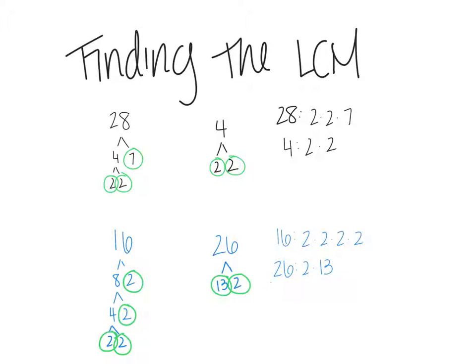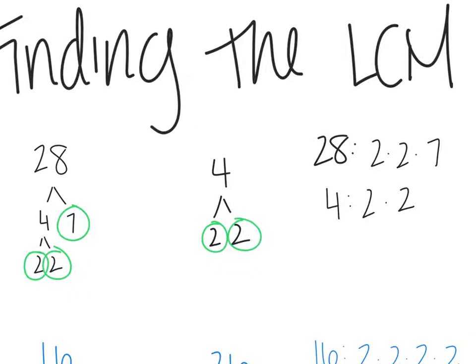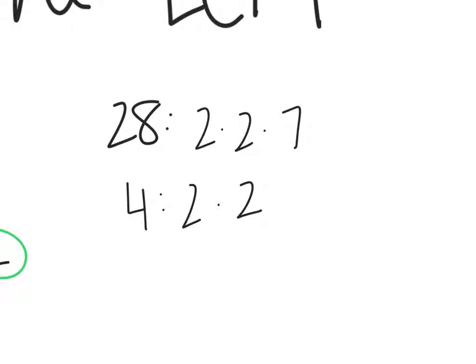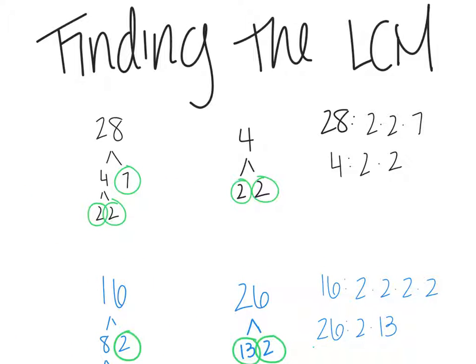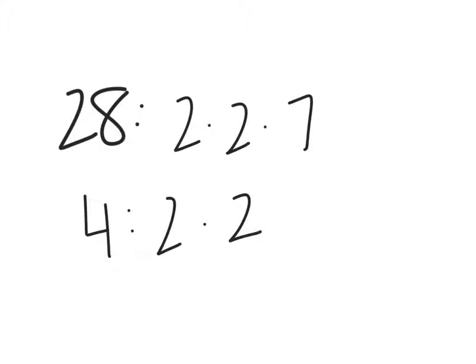Okay, so we're going to be finding the least common multiple. Now, I already set up my prime trees and my factorization, so I'm going to go ahead and find the least common multiple. You want to find your greatest common factor. So if I look at both my numbers, 28 and 4,